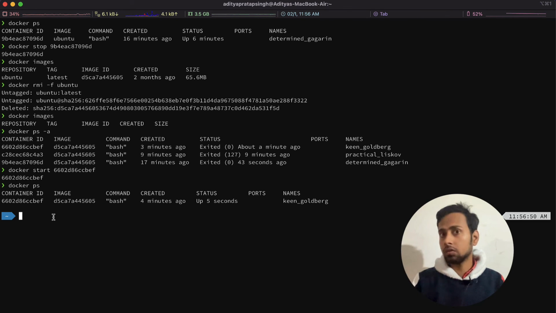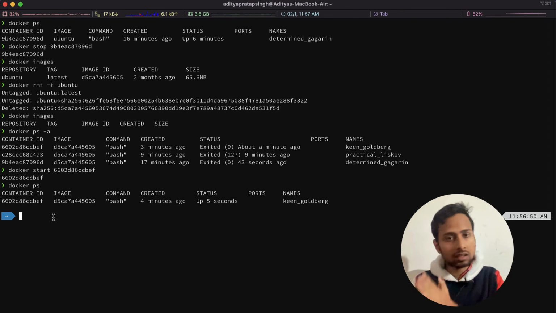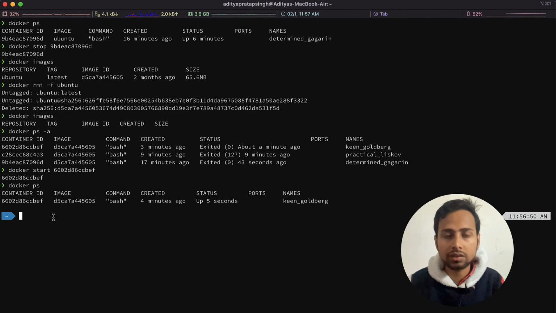So in this video we have learned how you can install docker, how we can create the container, how we can run things inside the container, how we can connect that container to the files that we are currently running, or to the folder that we want it to run, and how we can stop, remove, and delete the container. So this was a quick crash course for Docker.